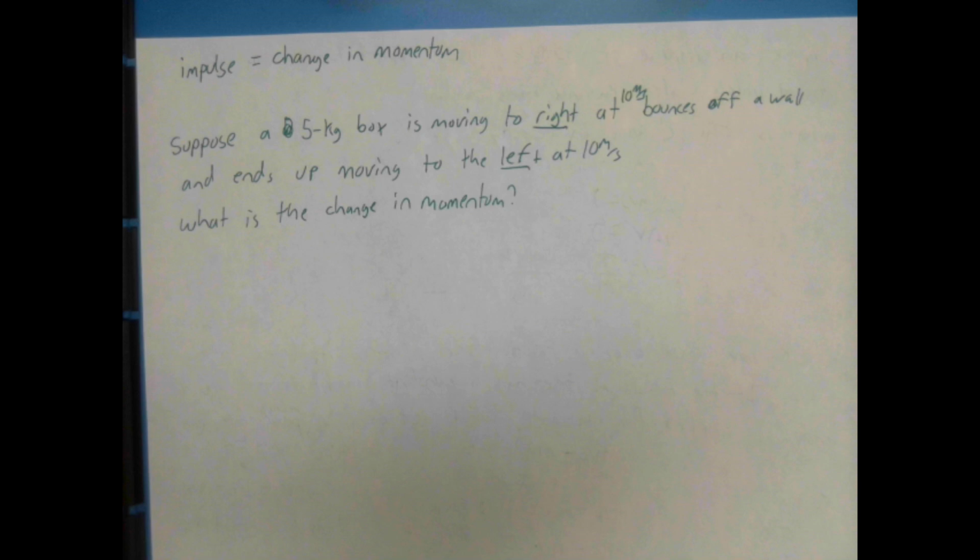And then it hits a wall, bounces off. So it hits the wall, and it bounces off and is moving at 10 meters per second to the left. When it hits this wall, a force is going to be applied to it, or an impulse, technically. And this impulse is going to be pushing the box to the left. So I'd expect my final answer to have the direction of the left because that's whatever direction of the force